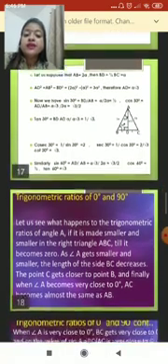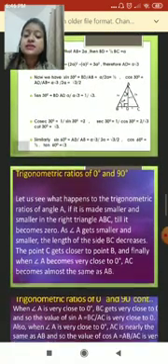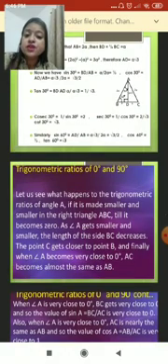Now we need to find the ratios for 60 degree. So 60 degree is also very similar. Since we were talking about angle A, it was 30 degree. Now since we are talking about 60 degree, we have to move our eyes to angle B. As I told you in my previous video, your perpendicular will change and your base will change. So sine 60 degree will be equal to AD by AB in this case. So a root 3 by 2a, which is equal to root 3 by 2, and cos 60 degree will be equal to half, and tan 60 degree will be equal to root 3, and the other three ratios corresponding to it you can find.